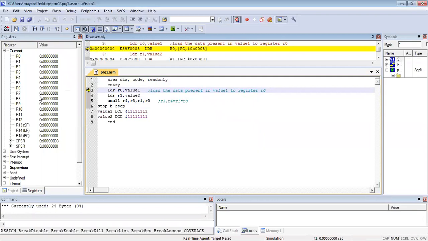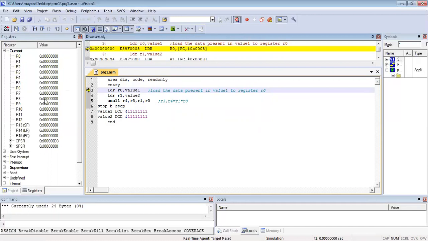This is your register window. This is your output window. This is the assembly window. This is the instruction window, and this is your memory window. So we can see all these windows. We can do step by step execution, or execute all at once. Since we have written the program in assembly language, this is the assembly window, which converts it into a language the system understands.